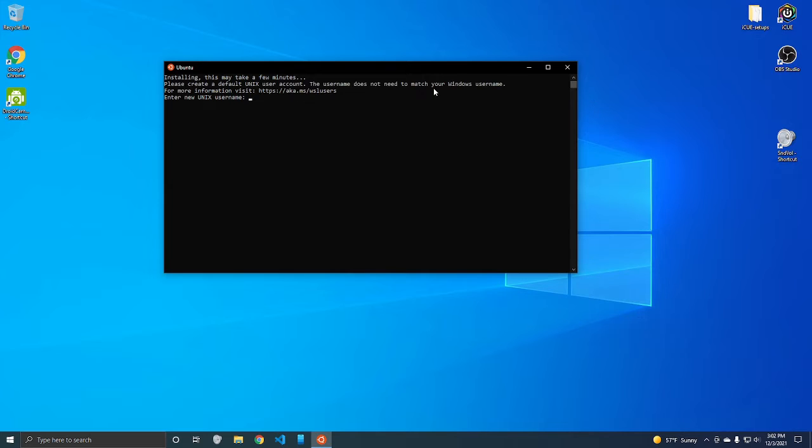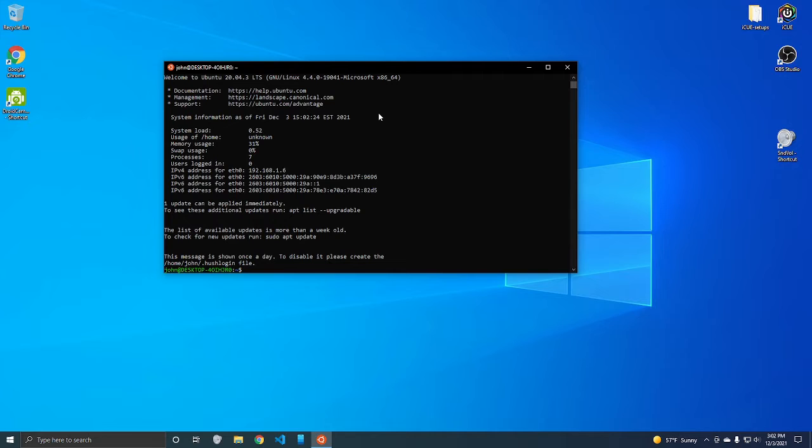Right here, it wants us to create a user account. So I'm going to go ahead and enter my name, and then you need to enter a password. Pick something that is easy to remember, and you're going to be entering it all the time, so maybe